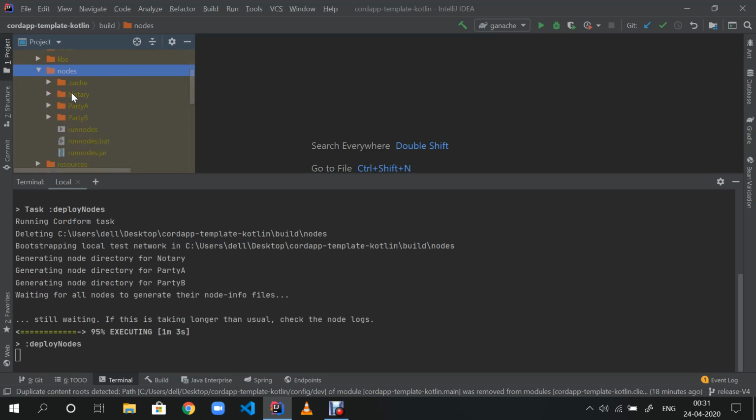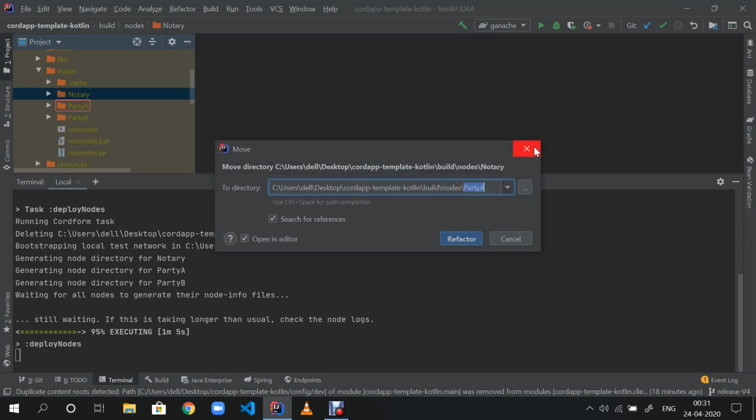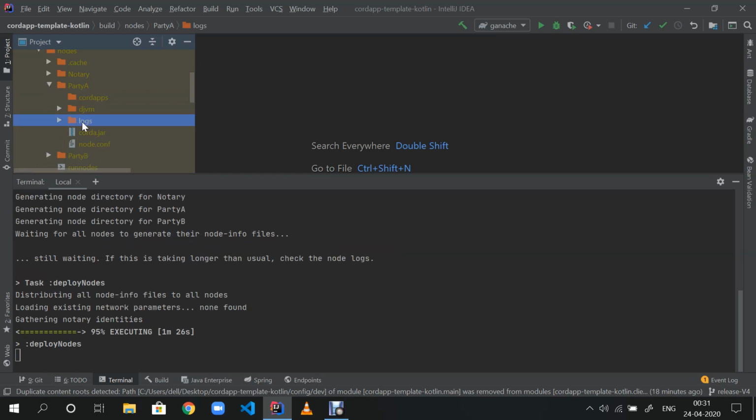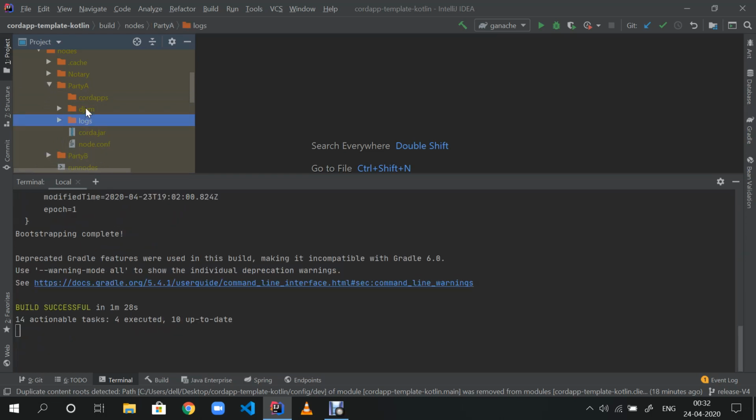So the notary, the party A and the party B that I mentioned in the build file, they all have a separate folder. And if you open up any folder, actually it's still developing, so you will have different folders for different information. There's the log folder where all your logs will be saved, and a cordapps folder.